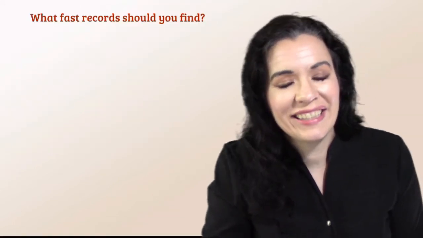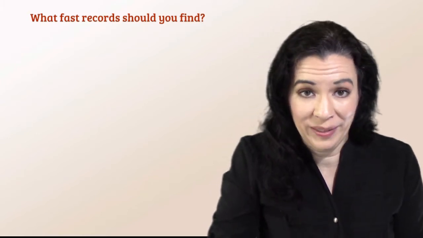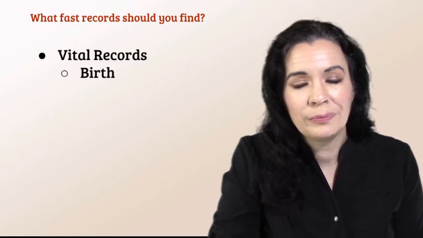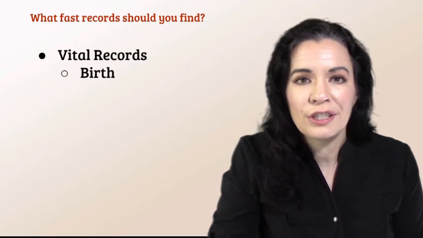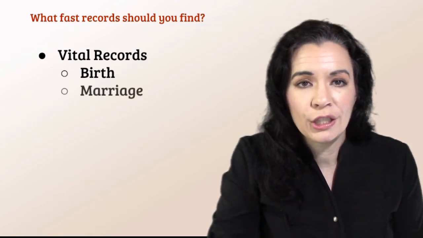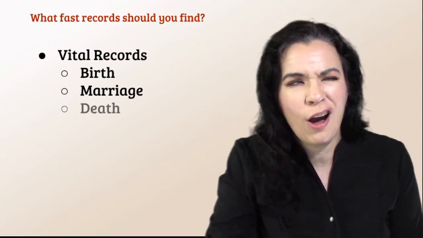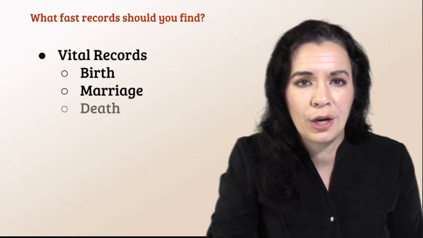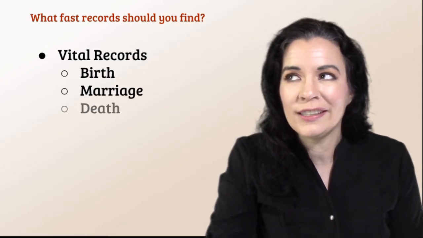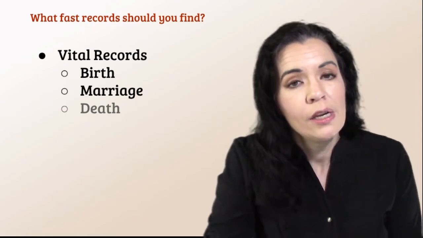Now, it's easiest to find the low-hanging fruit records first, because sometimes the answers are in the fastest records you can uncover. What are some of those records? Well, first, vital records. Vital records include birth, marriage, and death records. Considering the time we live in, almost all of us have seen a birth, marriage, or death record. But keep in mind, some birth, marriage, and death records were never recorded in the first place. They're kind of a modern conception.